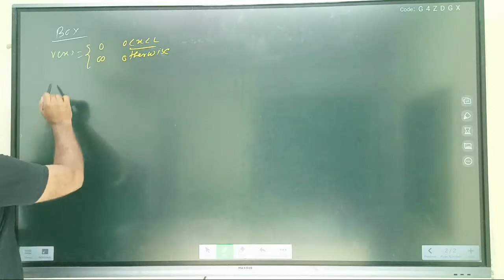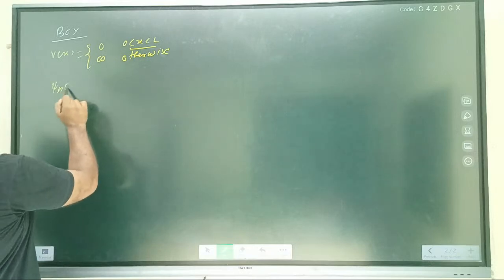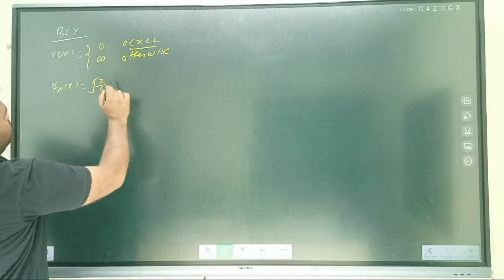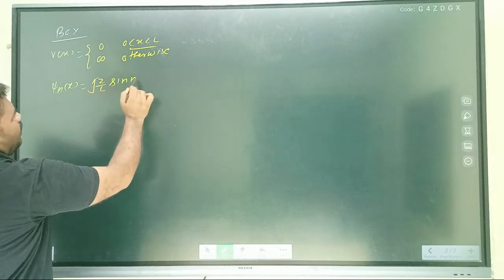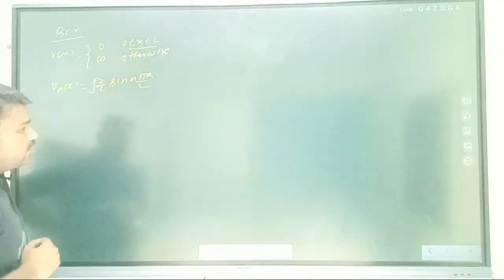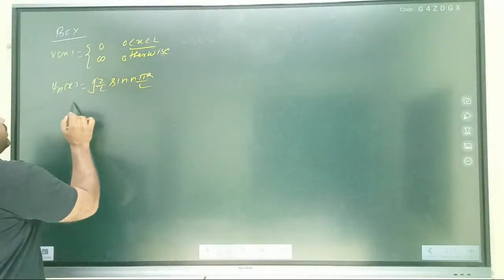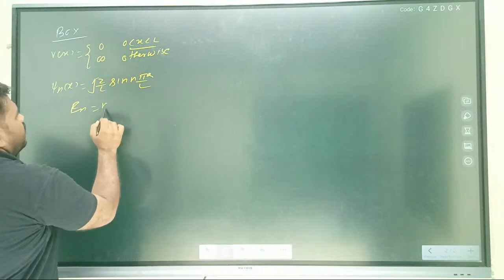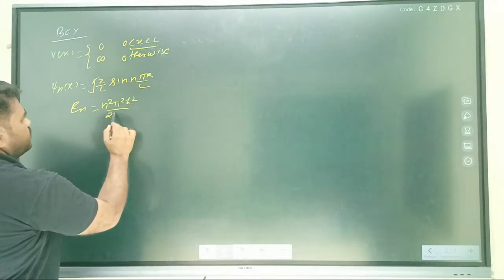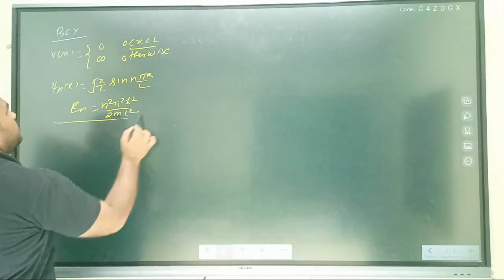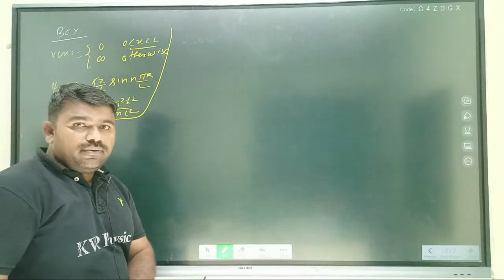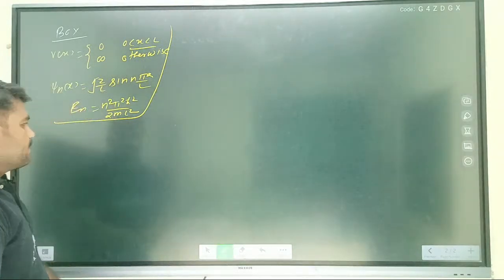And what is the wave function? Psi of x is equal to under root 2 upon L, sin of n pi x upon L. Now what is the energy? Energy E_n is equal to n square pi square h cross square upon 2 m L square. This is the basic data for the 1D system. Okay. Now here